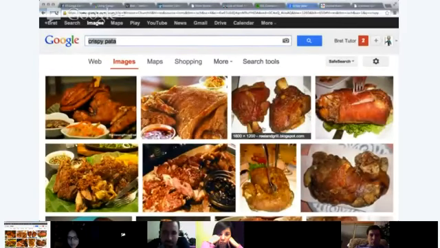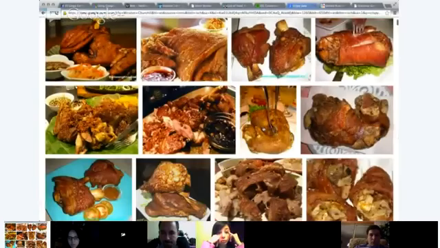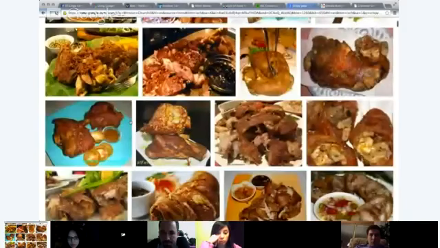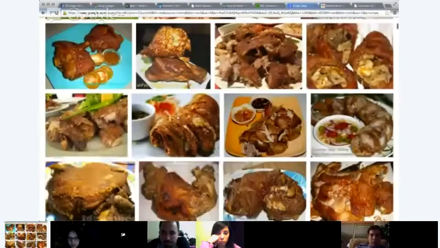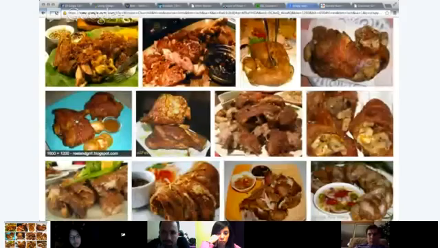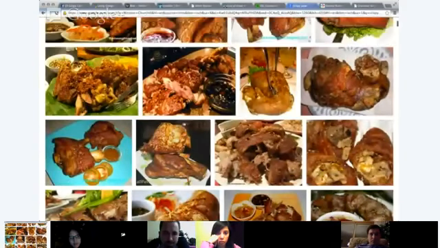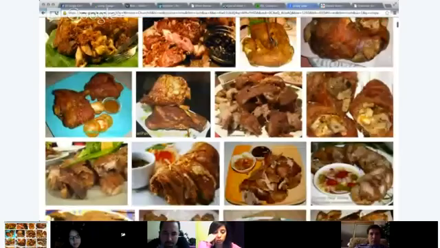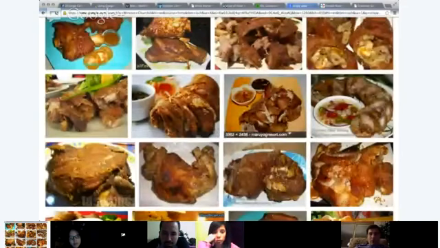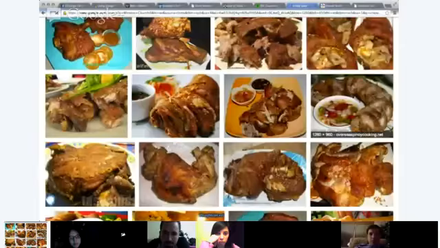Does anybody have this type of dish where they're at? I know it's more famous in Germany. It's fried pork, like a fried pork knuckle. Has anybody seen this? No, we don't eat this kind of pork here. Where I'm at, we can't eat pork. I apologize, I'm sorry, I forgot about that. Pardon me.